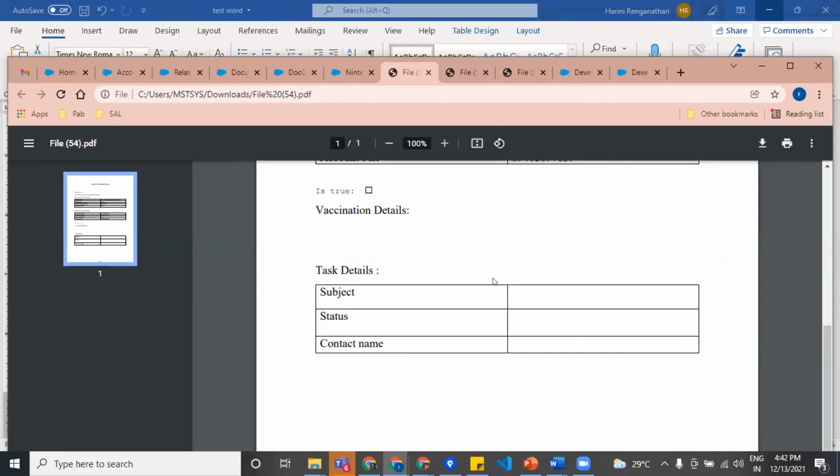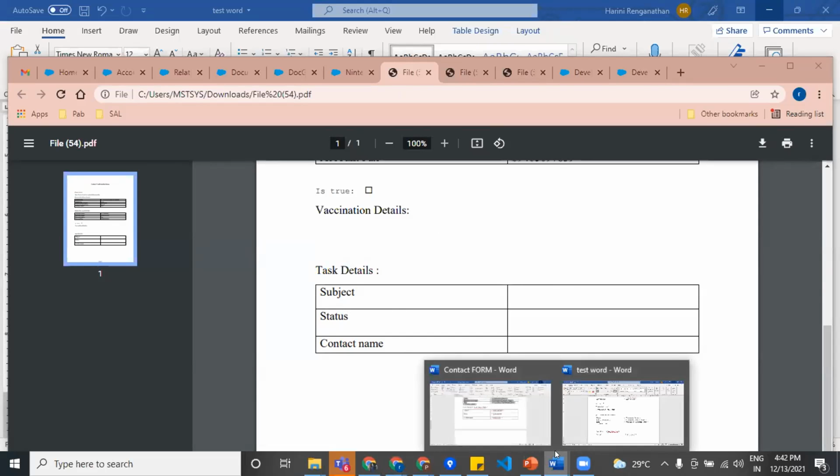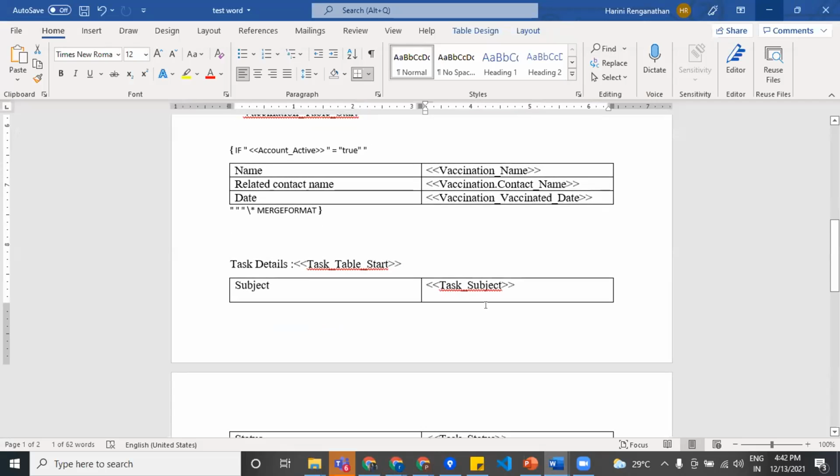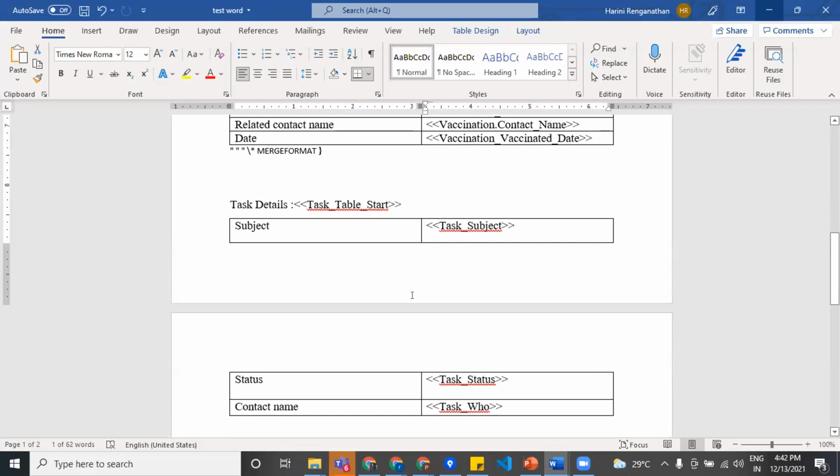The reason why, any guess? As I've always said, even though we have just included the field taggers and put things in the right place, we have not included this task in the SOQL query. So if we don't tell DocGen to take things using the query, it will not know it. Even though you have done everything correctly, your syntax is right, you have put the table start, everything is present, the values are not populating.